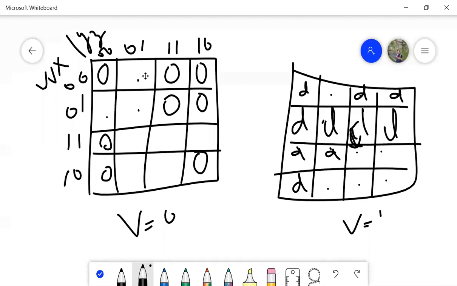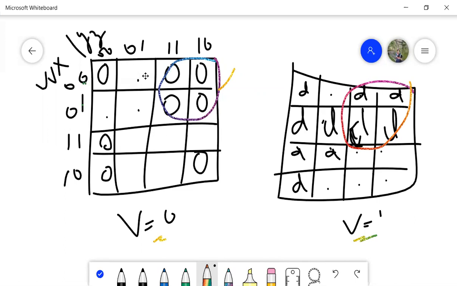Now we have to solve this K-map. When we are solving this K-map, what did I tell you? First, we have to check for quads or octets. Now first I can see this is one quad I have, and this is one quad I have which is present in both. If I simplify this, V equal to 0 and V equal to 1 will get cancelled.